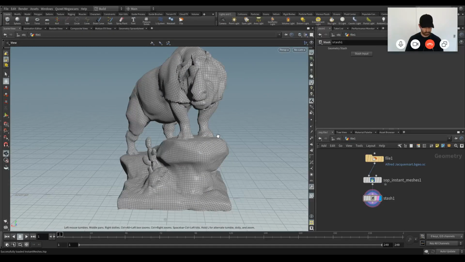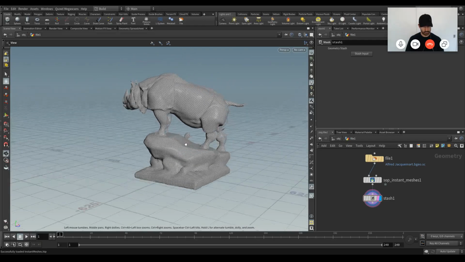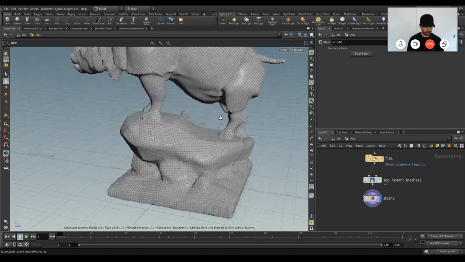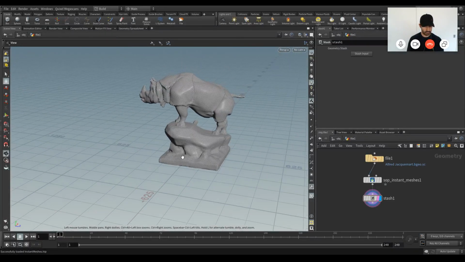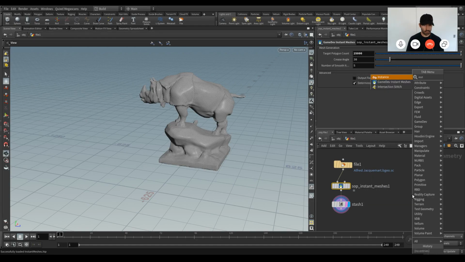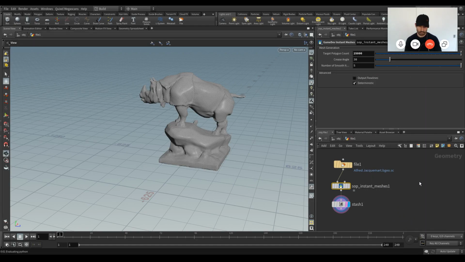And Instant Meshes is one of those third-party solutions. It's open source, it's free, and it allows you to take any piece of geometry and feed it into that tool, and it will spit out a quad mesh like this. We've had the Instant Meshes tool before, but how that worked is you had to download an executable to disk, and then through command line, which is essentially just us running a different application through Python, it would call Instant Meshes, and Instant Meshes would save this geometry to disk, and then Houdini would load this geometry back up again. I think if we just quickly create an Instant Meshes and set it to use a different version, or the older version, we can see